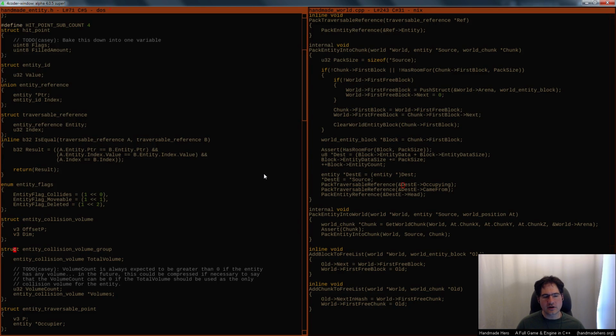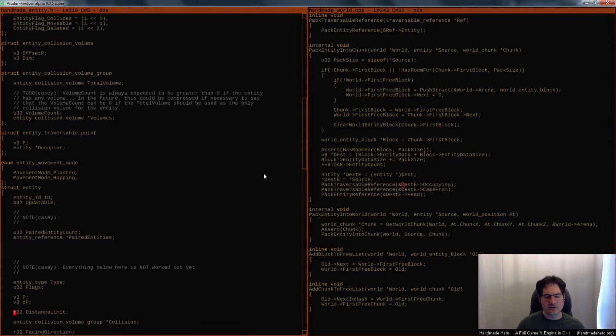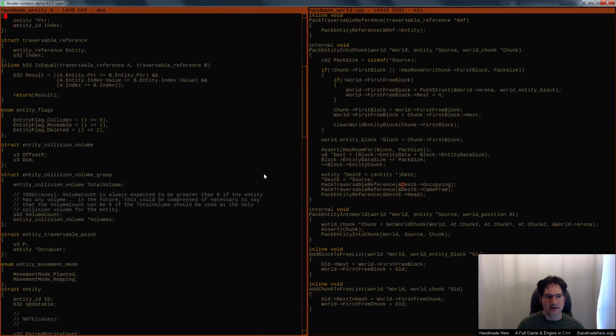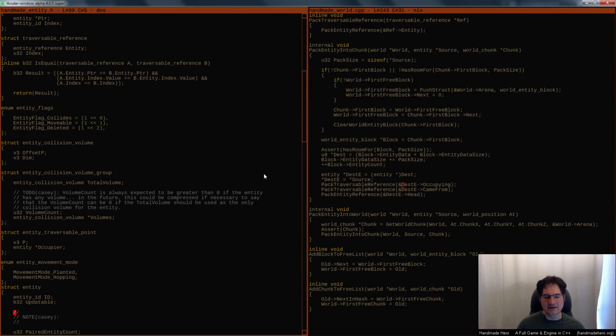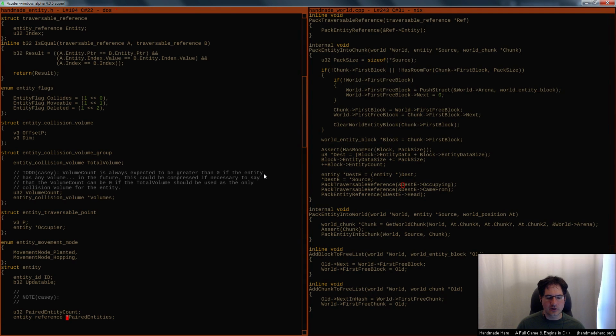And so what we can start doing here is saying, well, we really don't need entity reference anymore, right? That's not really a thing. We can just store entity IDs by themselves. And so, you know, when we pack, we could leave the IDs in here if we want to carry the IDs through, and there might be some valid reasons why we might want to do that. I'm not 100% sure that we will ever need to do that,